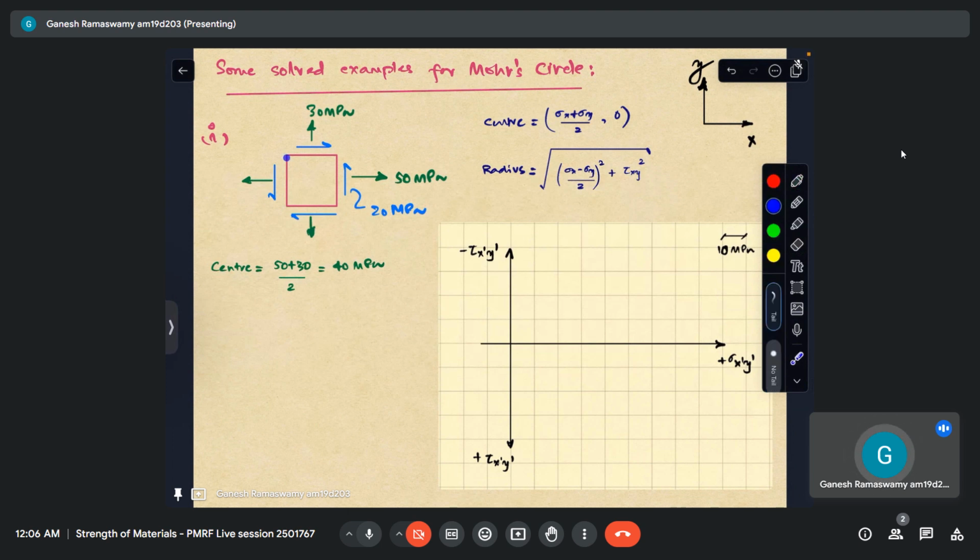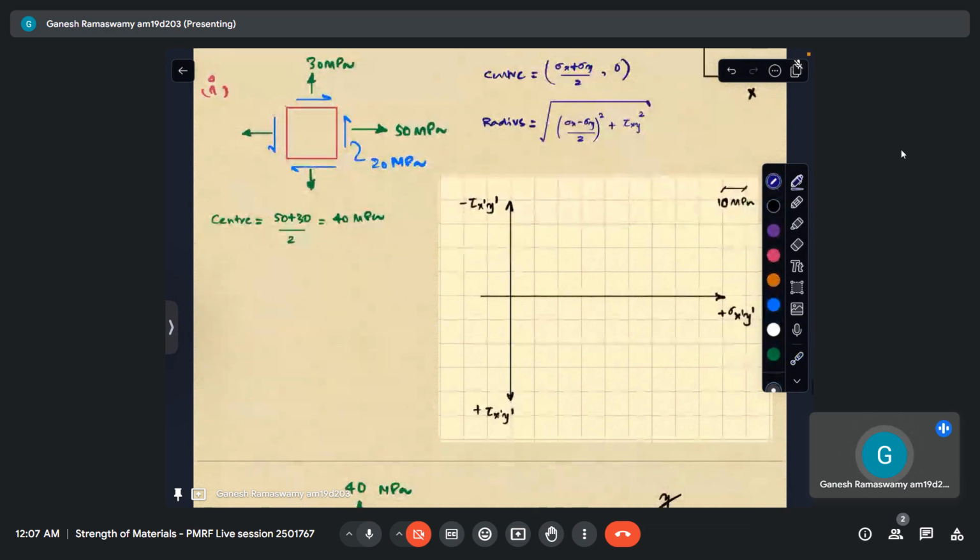So the same problem, we have the stress cube, we have the coordinate system x and y as that. So this is the x plane, this is the y plane. So we have sigma x is 50, sigma y is 30, and on the positive phase, shear is applied in the positive direction. So this is plus 20 essentially. So the shear here is positive. So how do we go about plotting the Mohr circle? First is we have to find out the center. Center is nothing but sigma x plus sigma y by 2, which is coming out to be 40.